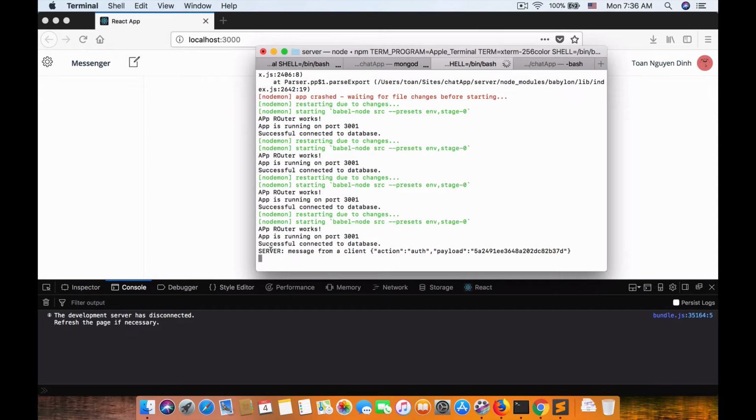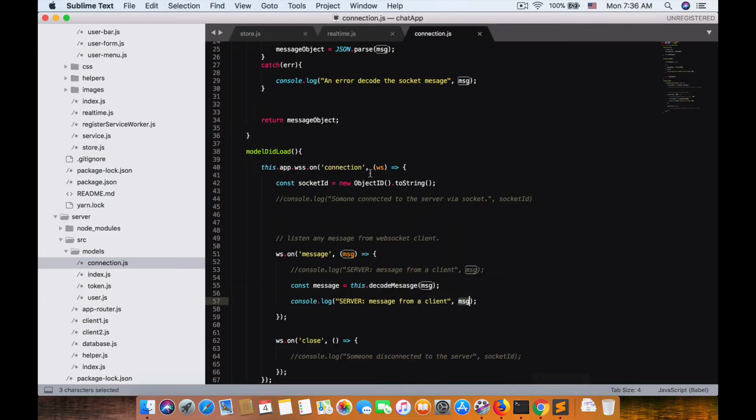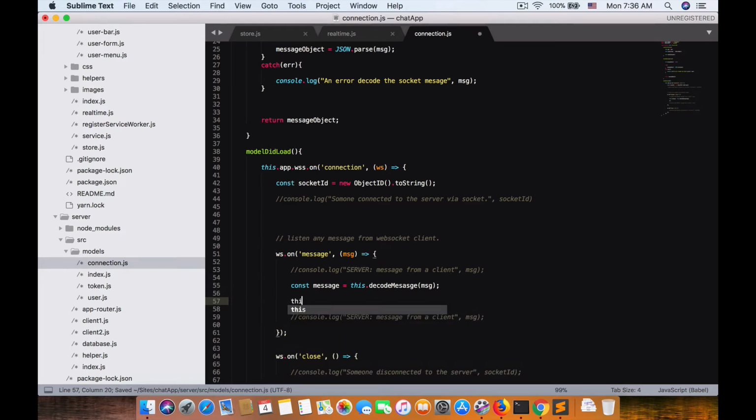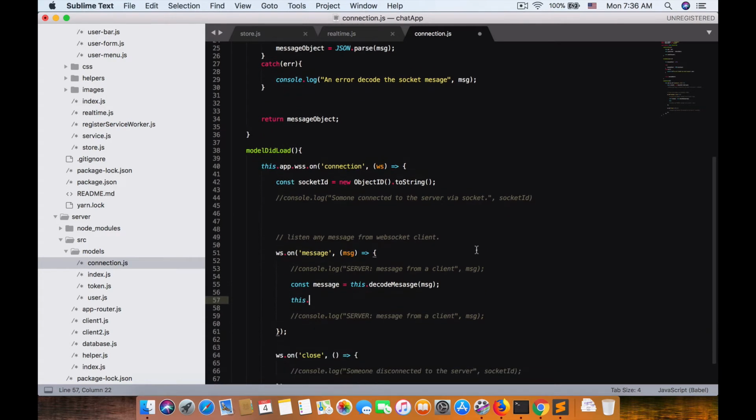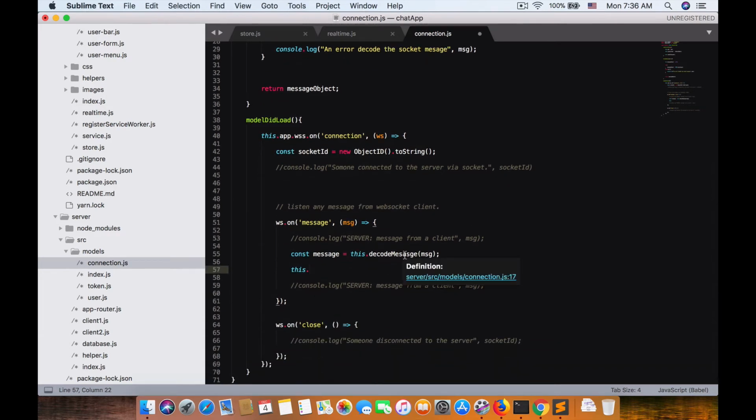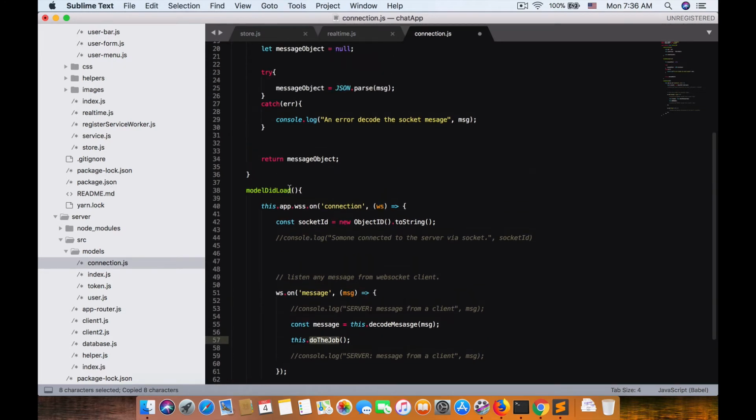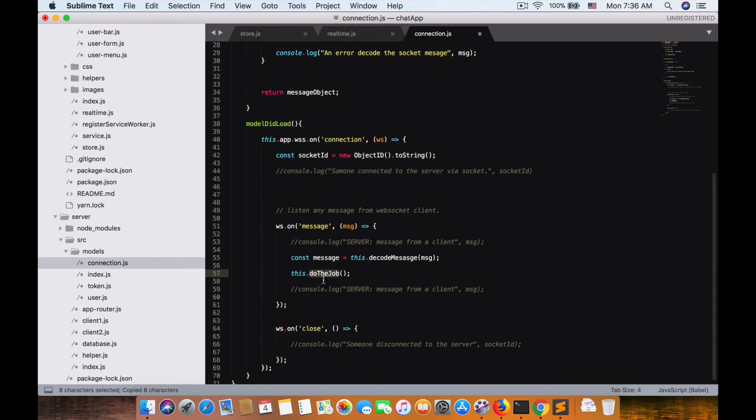Now we've got the message server in action, and this is exactly an object. So right, we got this message, and now let's uncomment this, and we call it by this dot. Let's name a function. I can think of doJobLength, something like that. So if you want to call doTheJob,